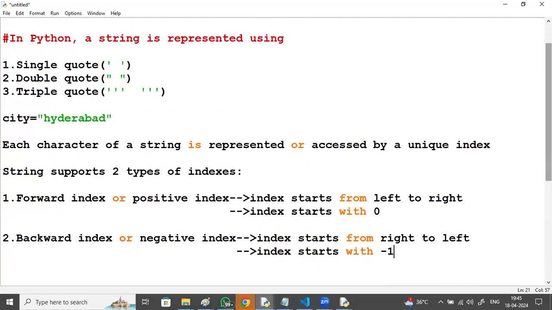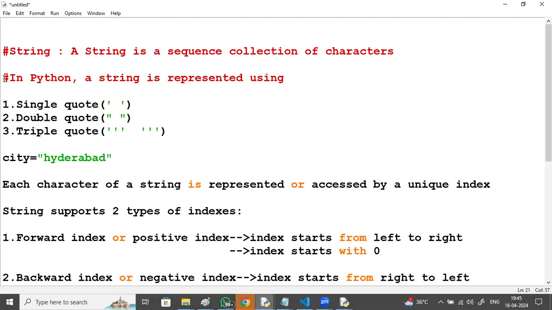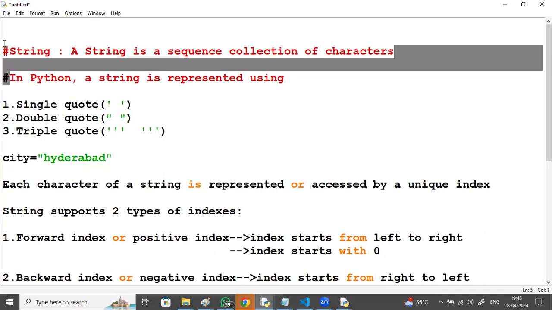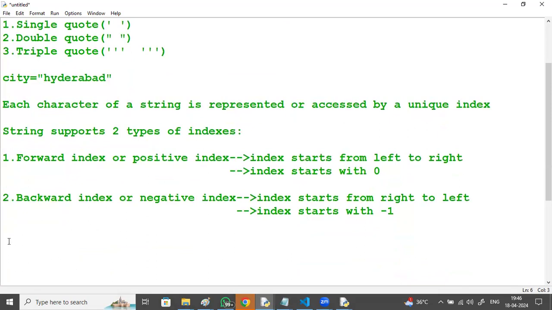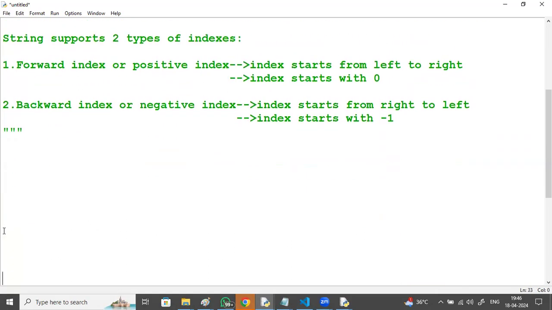So a single line comment in Python starts with the hash symbol. If you're starting with this hash symbol, it means it's not executable. If starting with hash, it means single line. If there are multiple lines you want to keep as comment, you use triple quotes, and with this everything I'm commenting it. Now